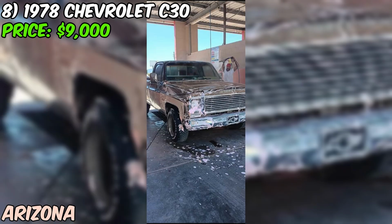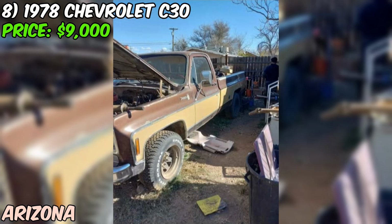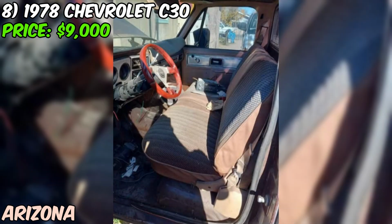8. Let me tell you about this interesting 1978 Chevrolet C30 Cheyenne Camper Special I found on Marketplace. This is quite a unique truck with some history behind it. First off, it's important to be upfront about the condition. There is some body damage that even the current owner admits he's not sure about the origin of. It was present when he purchased it from the previous owner, an elderly woman who was selling after her husband